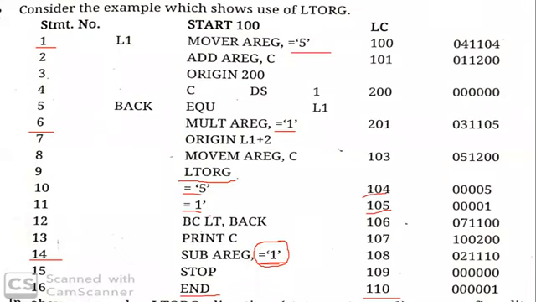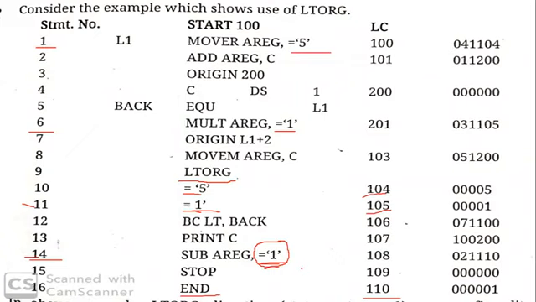Now this is not considered the same as the earlier literal. This =1 literal is different, and that =1 literal is different. That means statement number 11 and statement number 14 both have different literals. They are not considered a common value. We have =1 here and =1 there, but both are different. Two literal pools will be created, or two different literal tables will be created, and these two tables are combined into a single table, called the pool tab.